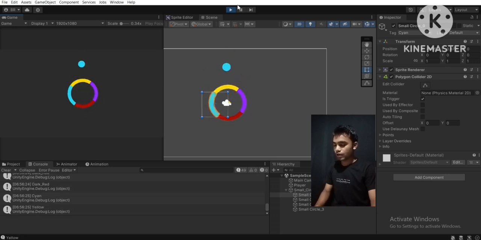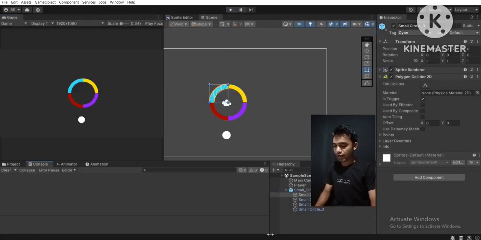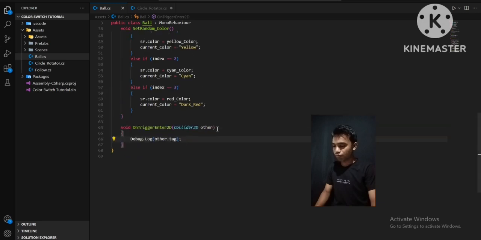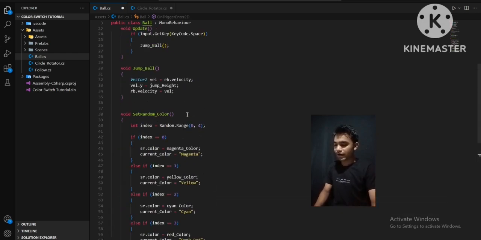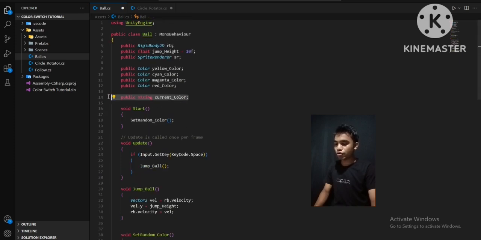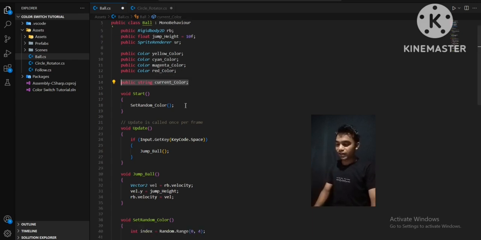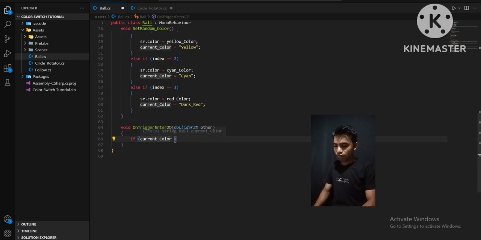Okay, so let's open up our script one more time, and over here we will check if current color. We know this field checks or stores which color we have. Something like if the ball becomes yellow, this current color will be yellow. So if the current color equals other dot tag,